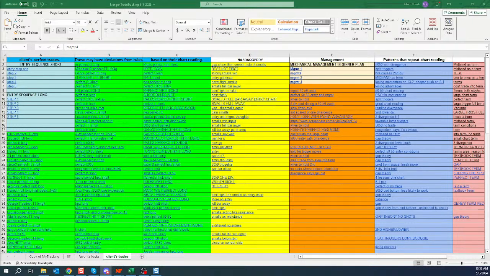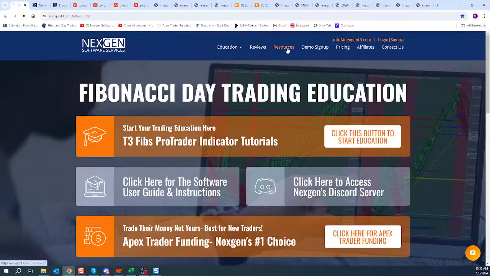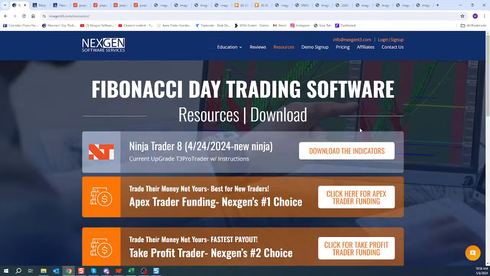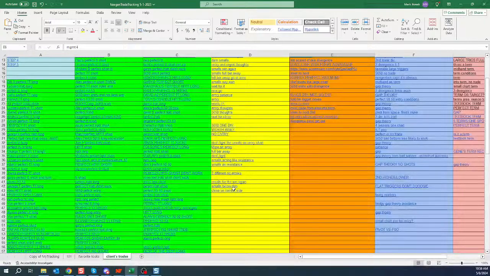Cool. So let's go through them in order. So the first thing, TLC. And then, Chris, if you need the workspace for the NASDAQ, go to the resources page and just download it. It'll give you the setup. It'll give you everything that you need there if you download the indicators. And then TLC for the NASDAQ. I'm going to do it in one